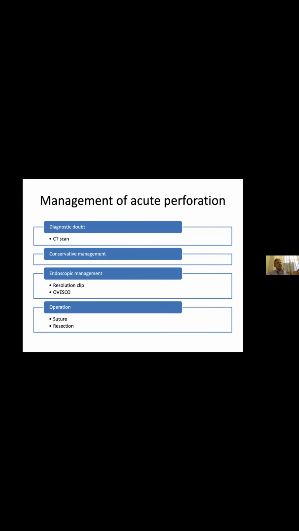So generally, CT scan is going to tell you if you've got an obvious perf. Speaking of conservative management, not all perfs need to be treated with surgery, but if you've got a free peritoneal perf or there's large amounts of intraperitoneal air, you're going to be safer managing that